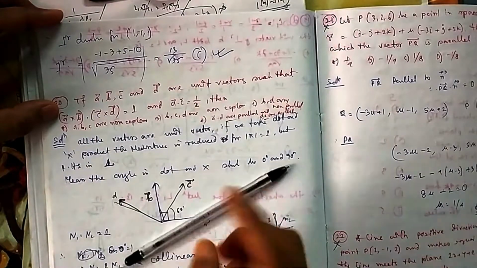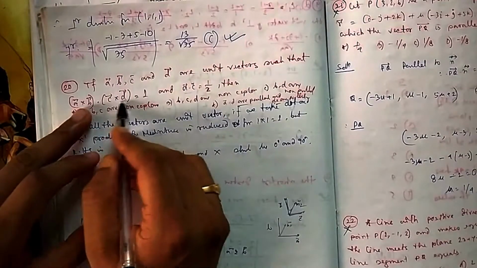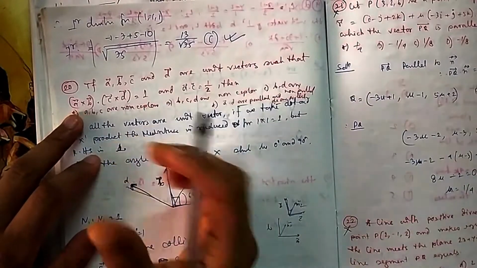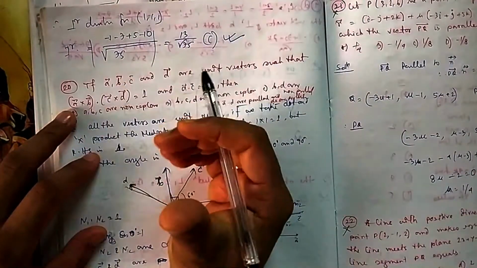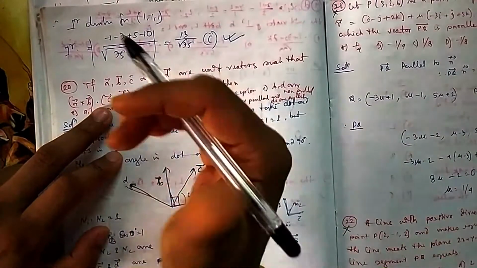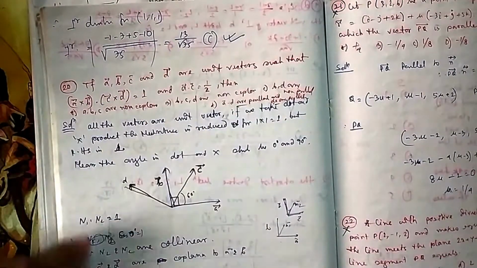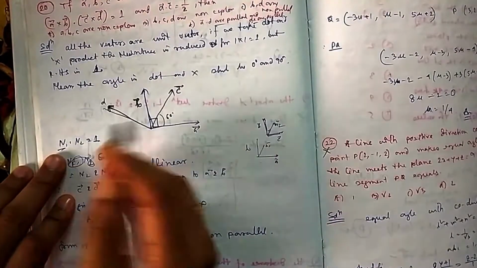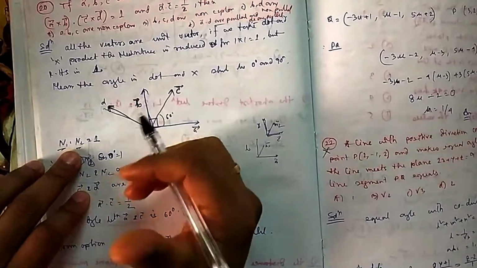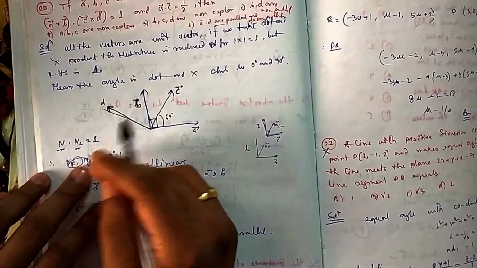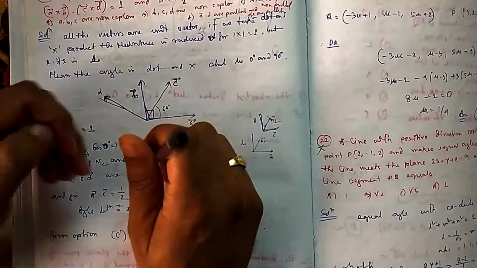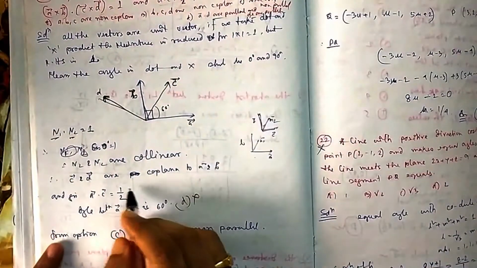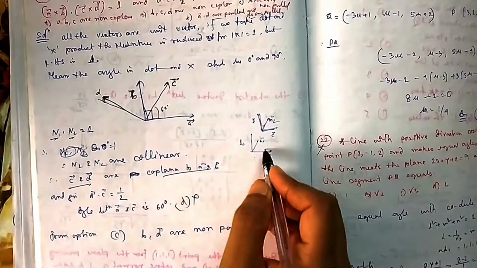So okay, what is A cross B? If you see these two vectors, these two dot is 1. A cross B is perpendicular to A and B. C cross D, they are also. So these two dots are 1. That means the normal to A cross B and the normal to C cross D, their dot product is 1. That means the angle between them is obviously 0. So that's why it is 1. Therefore N1 and N2 are collinear. That means A, B, C, D are all coplanar. They are in the same plane.